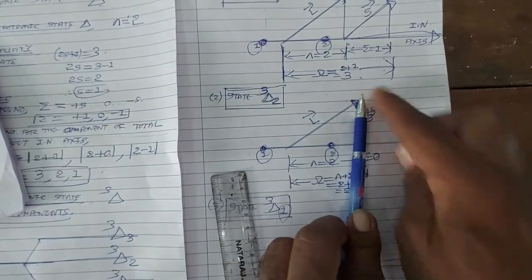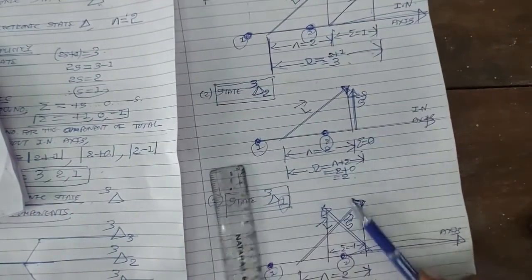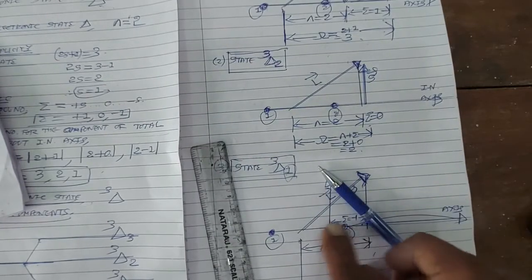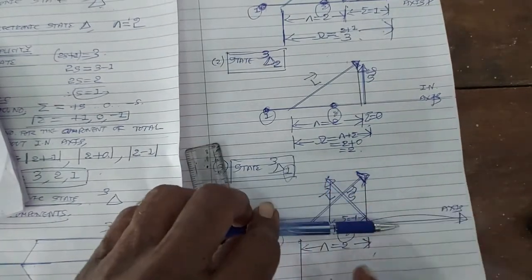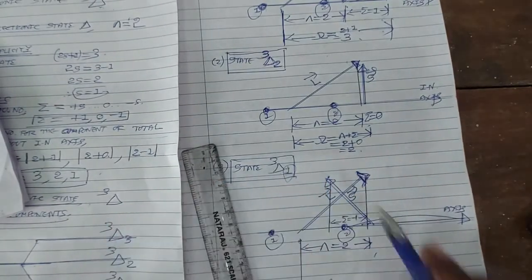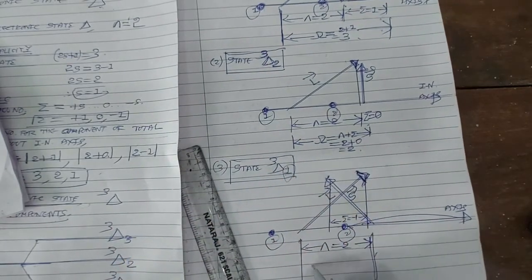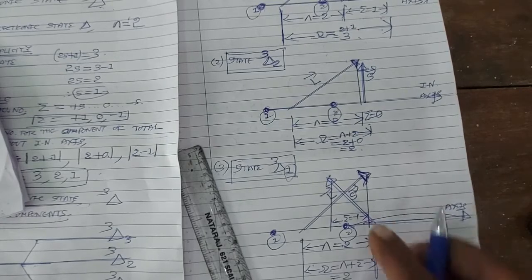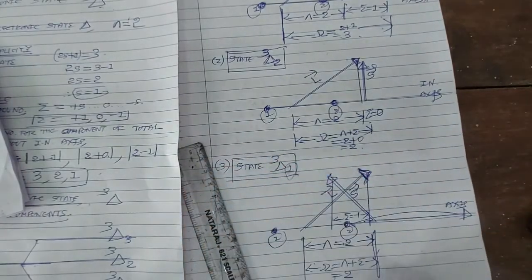If the spin vector is perpendicular to the internuclear axis, then its component sigma along the internuclear axis is 0. And if the direction of spin vector is like this, then the component of spin vector along the internuclear axis, sigma, will be minus 1. Okay. Now component of vector L along the internuclear axis, lambda, is 2. Component of spin vector S along the internuclear axis is minus 1. So total quantum number omega will be lambda plus sigma. Now lambda is 2. If the direction of the spin vector is reversed like this, its component will be -1, so 2 - 1,